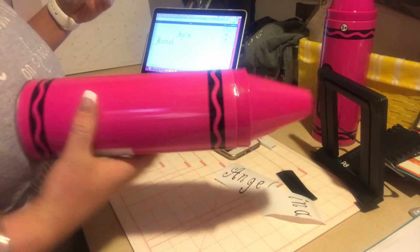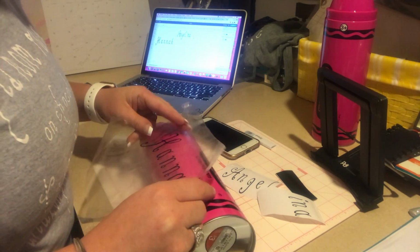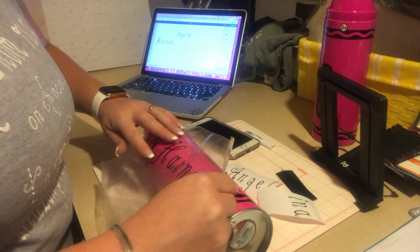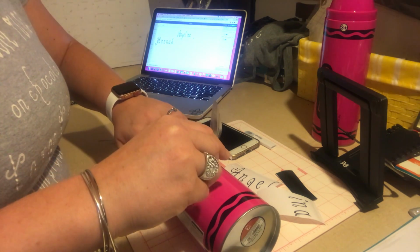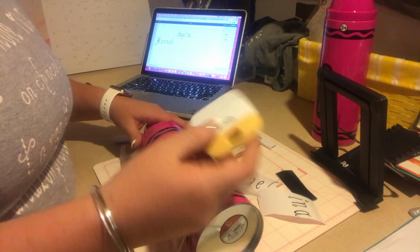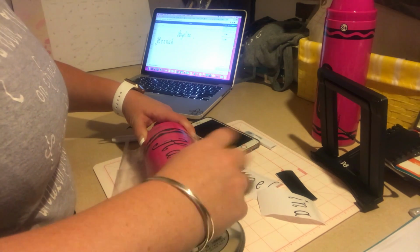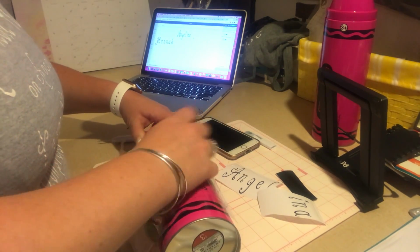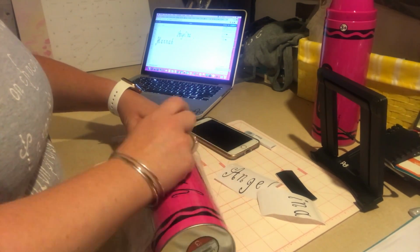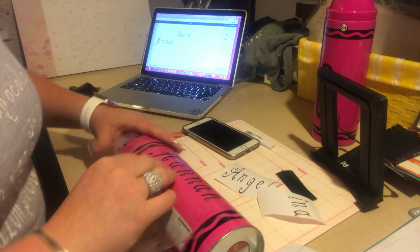And I'm going to take my can now, make sure everything is the way I want. I'm going to match it up on the can. I think this looks pretty good. So I like to put down one side at a time, and then as I go, I finish out the letters. Again, I like to use my scraper tool, and I make sure that it's really on there. Alright, that's probably good. I did a little extra, but...